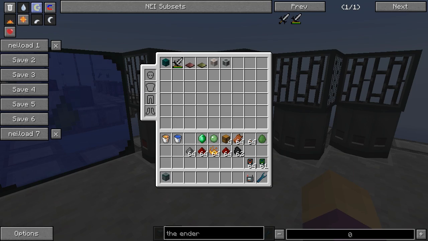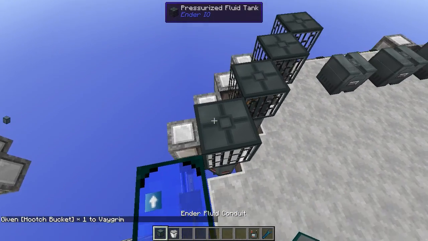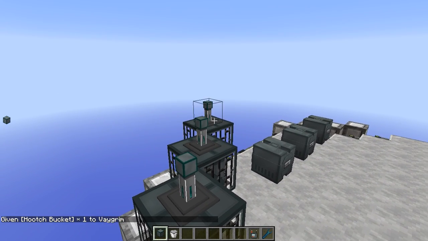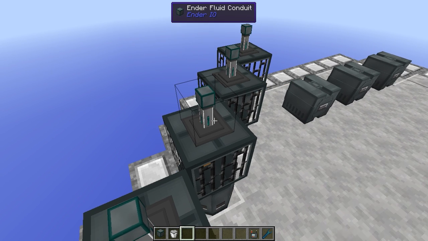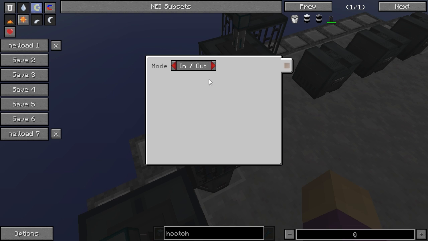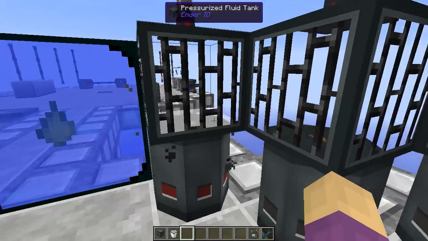Now what I want to do is I want to get Hooch. I'm going to get a bucket of Hooch. I'm going to get my Ender IO. These are fluid conduits. These are Ender fluid conduits. Why is this important? Well, what I can do is I'm going to set this to extract only Hooch. Active without a signal. I can set this to extract. Let me think. I want to do...